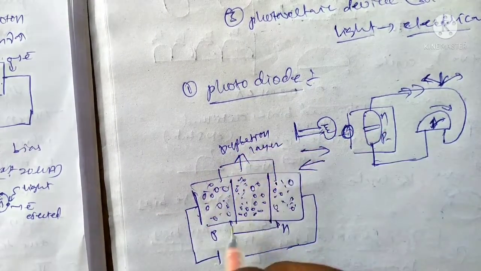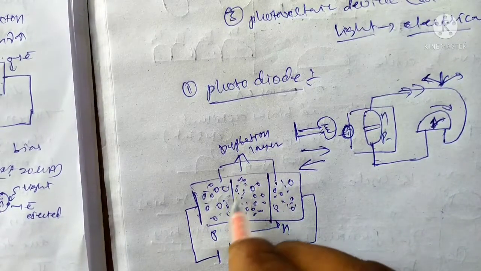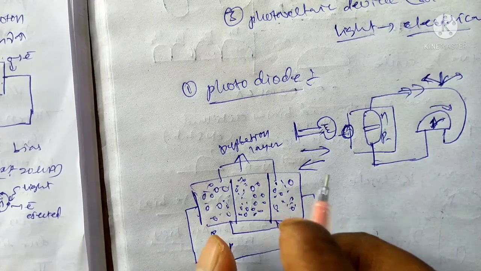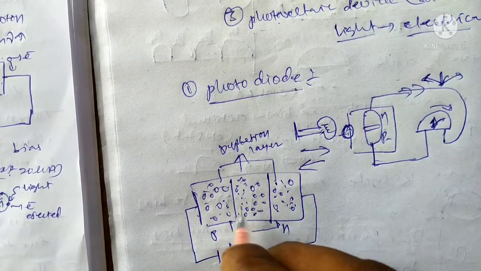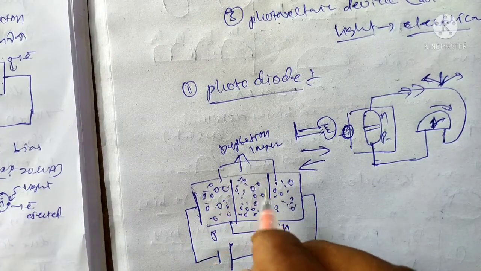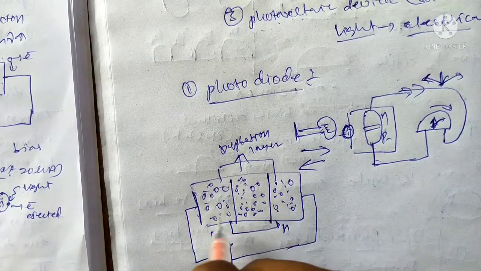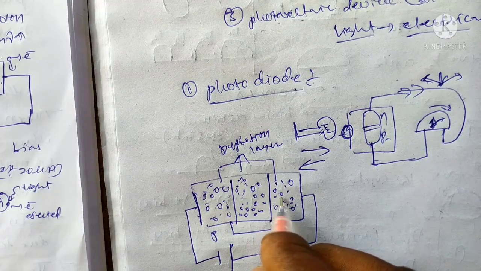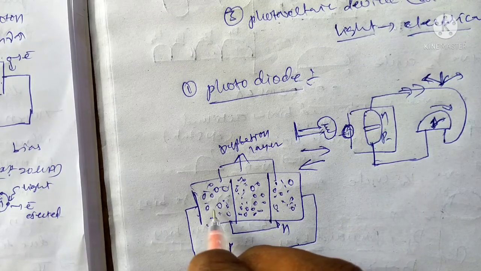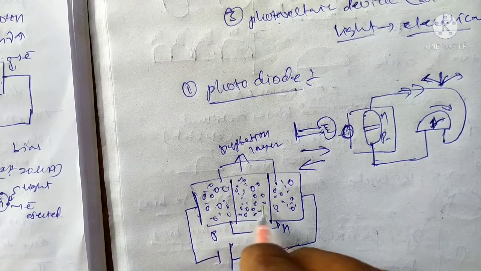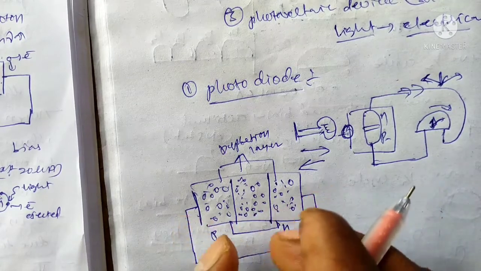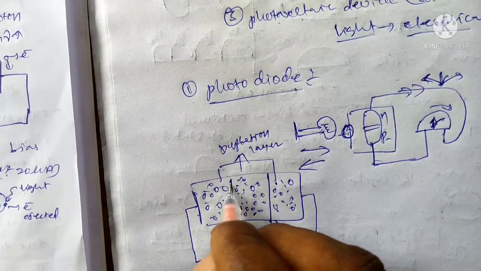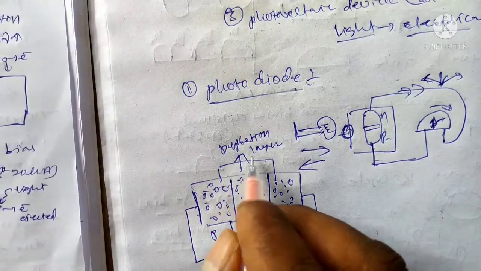The depletion layer can be explained like this: when a p type and an n type are combined, we form a p-n junction, that is, a p-n junction diode. To see how the depletion layer forms, suppose there are 50 electrons on the n side; some 10 electrons move towards the p side, and holes move towards the n side. This forms a depletion layer, or potential barrier, between the two sides of the junction. This is called the depletion layer.